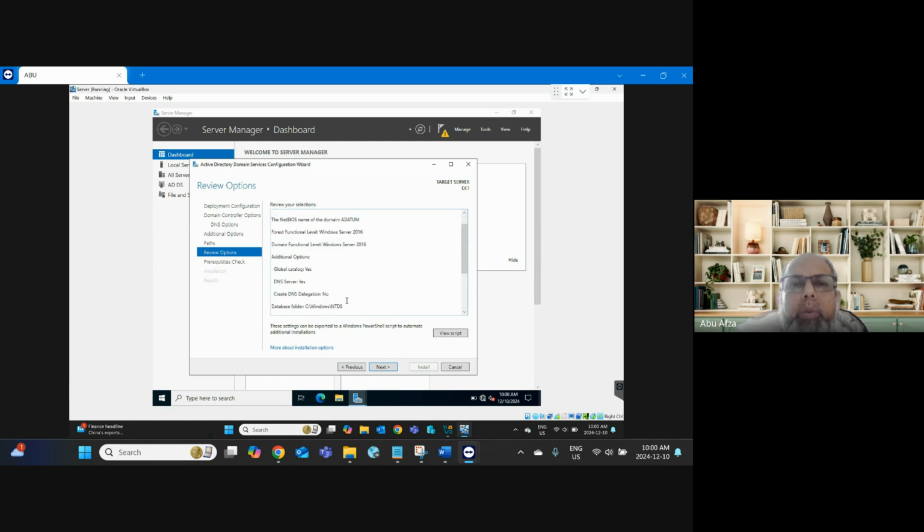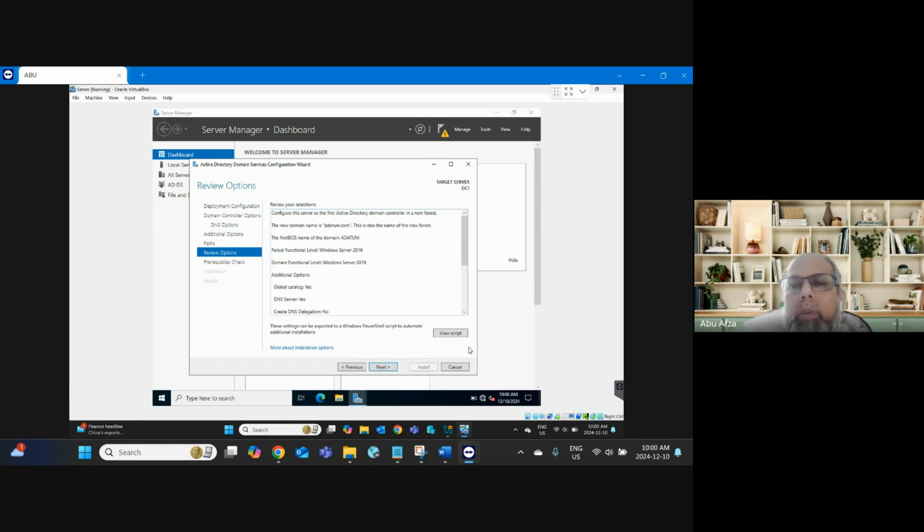What did you do a few minutes ago? If you want to view the script, you can check it. If you want to save all the things, you can save it. Normally, when we are a new user, we save all the things. But when you are an expert, we don't need this one. We can easily move to the C drive and that folder, and we can configure. Or if we need anything, we can change it. Next,